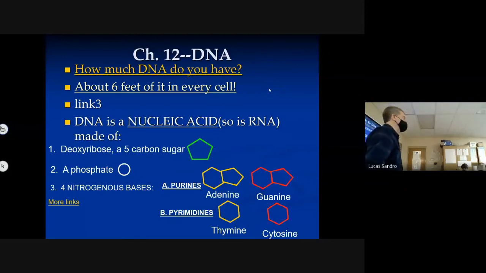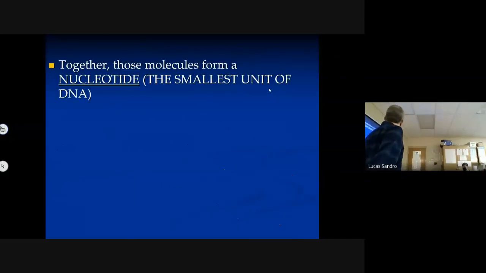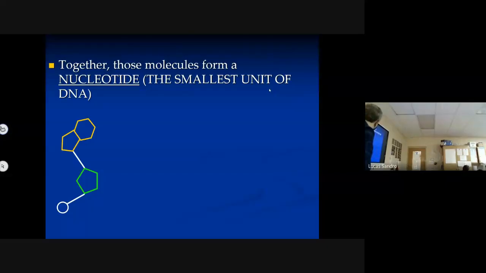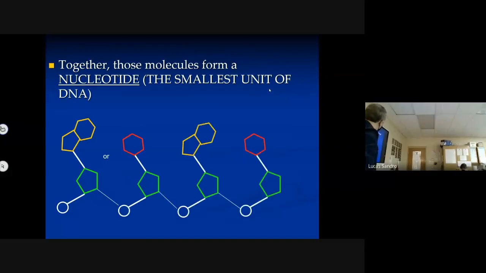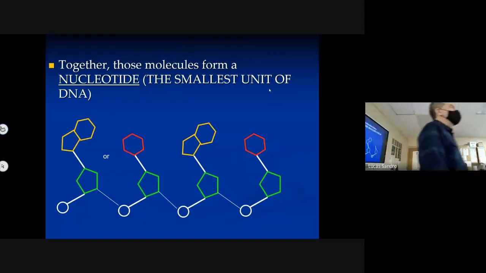That's what we're going to be digging into, is how that works, how DNA codes for what you now know it codes for, which is protein. Put them together in the right way and what it's called is a nucleotide. It's the deoxyribose, the phosphate, and then that nitrogenous base, and then they link together into a chain like that. But each individual unit